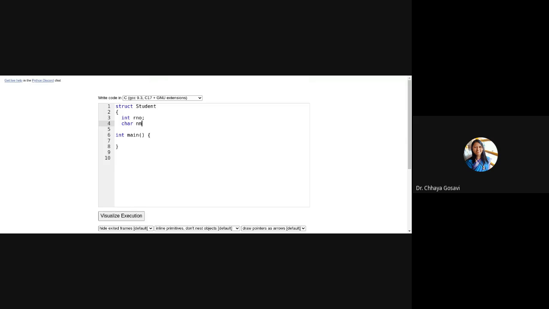Name is a character array of size, say, 10. This is a structure, and I have to give a semicolon. It means I have created a user defined data type, student. And in main, I can create an object or variable of type student.